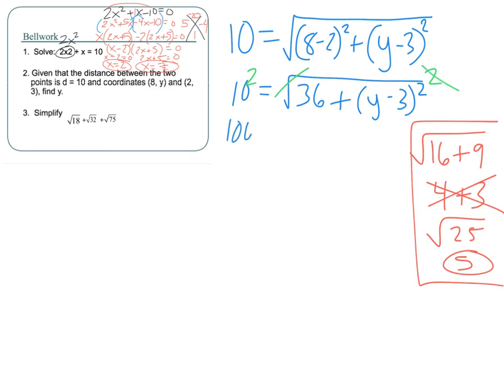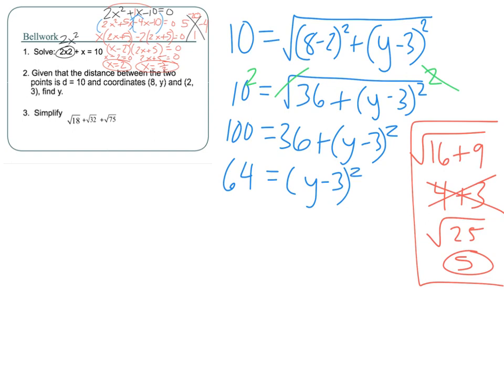100 equals 36 plus (y minus 3) squared. Now I can subtract that 36 and get 64 is equal to (y minus 3) squared. At this point, I'm going to go ahead and square root. I can do that now because that y minus 3 is inside the parentheses getting squared, right? So it's inside the squared part, so I can do that to cancel that out, and I'm left with 8